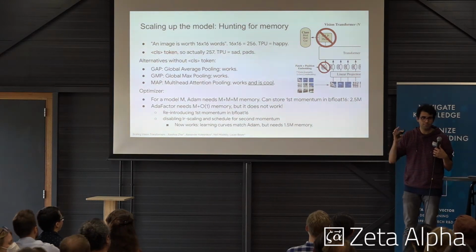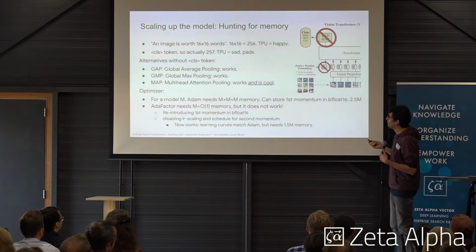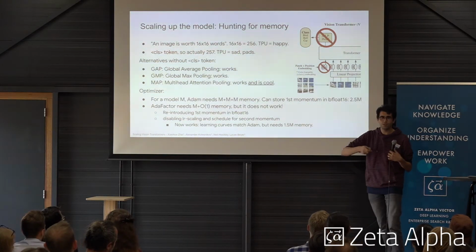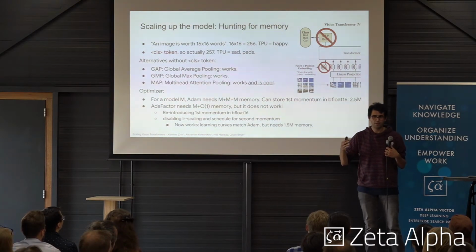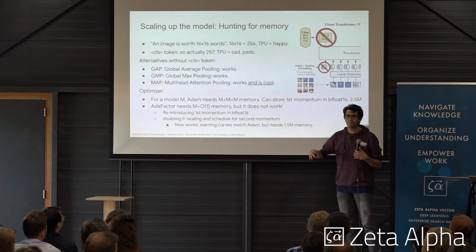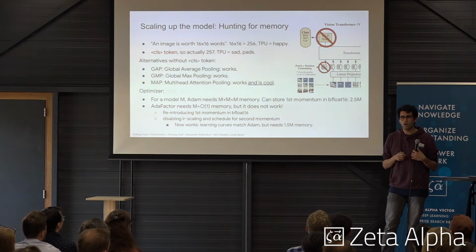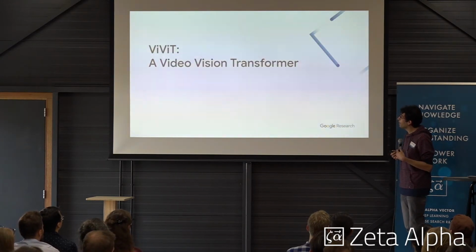We were memory bound when we were scaling up. Another one was the optimizer. We had been using Adam, but Adam keeps 3 times the size of the parameters for doing the backpropagation. So we moved to Adafactor with some modifications, and then a few other small things on how to scale up transformers to larger sizes.